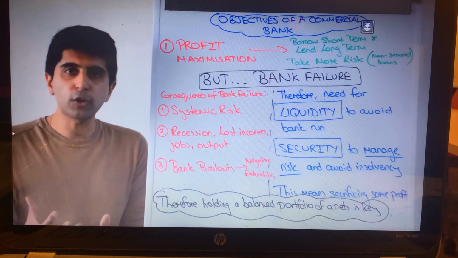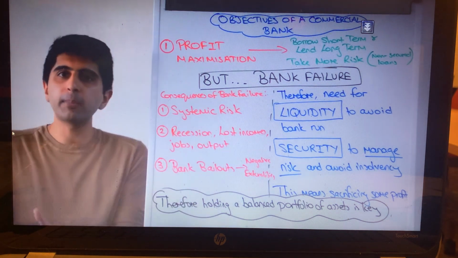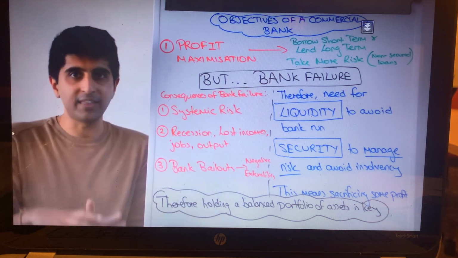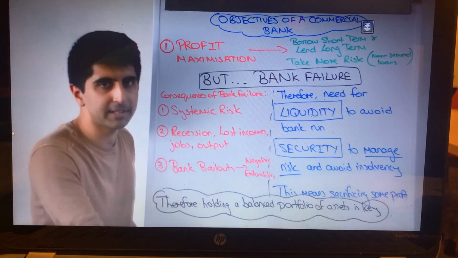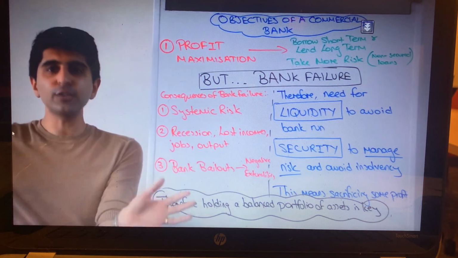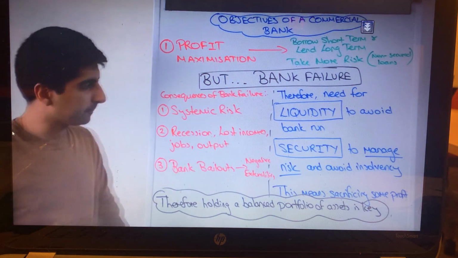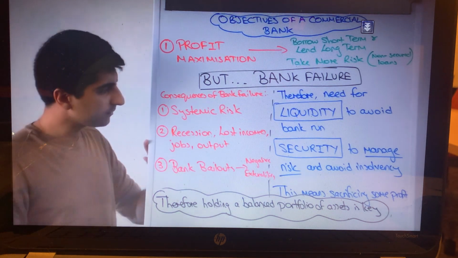But there are deeper consequences too. For society, that's not a good thing. Systemic risk, we talked about this before, didn't we, in my previous video? How if the bank fails, it's not just them that will fail. It might be another bank that fails, and then another bank that fails, and then another bank that fails. Basically, the whole financial system can come down if one bank fails. That's bad. That's systemic risk, and the greater chance of total financial system collapse.